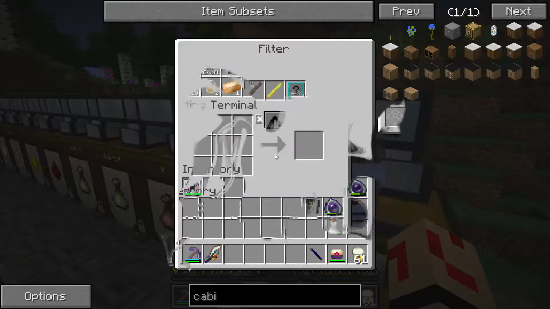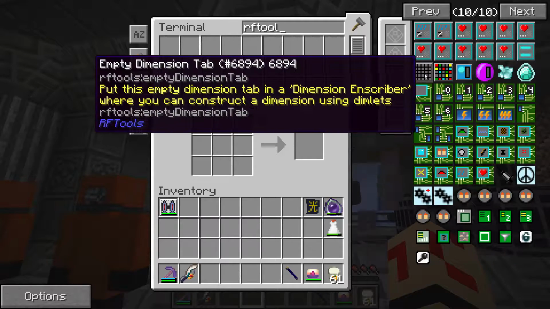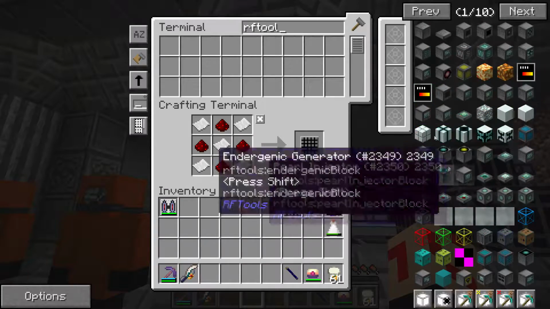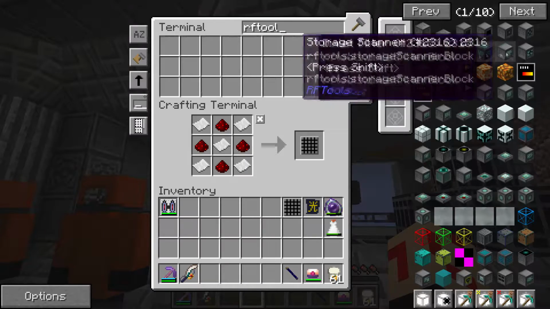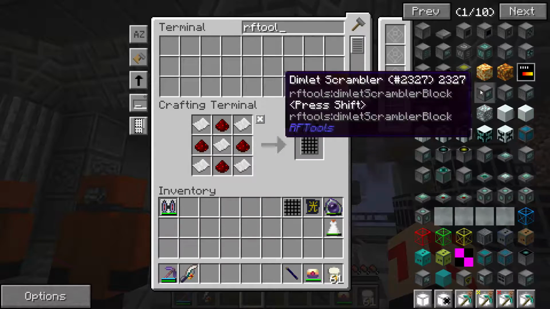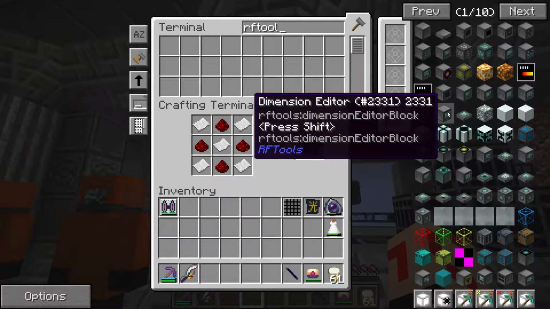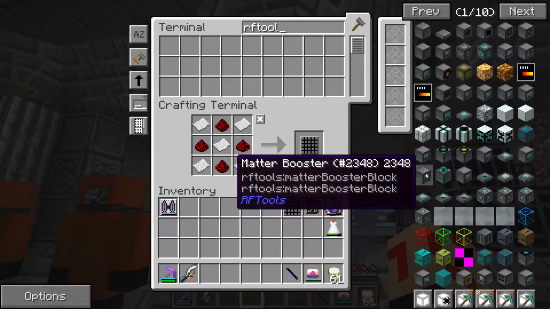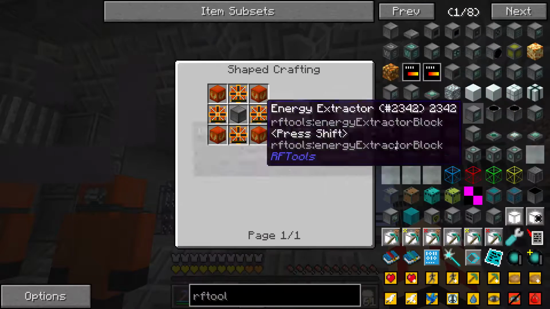But we're going to have to do something else as well. Tidy that up. Now we're going to need a few more things. We're going to need a dimension, an empty dimension tab, like so. And then we're going to need one item from the beginning of here, which I forgot its name, but it will come to me very shortly. Dimension builder, was it? Oh, I forgot. I think it was a dimension builder, even...